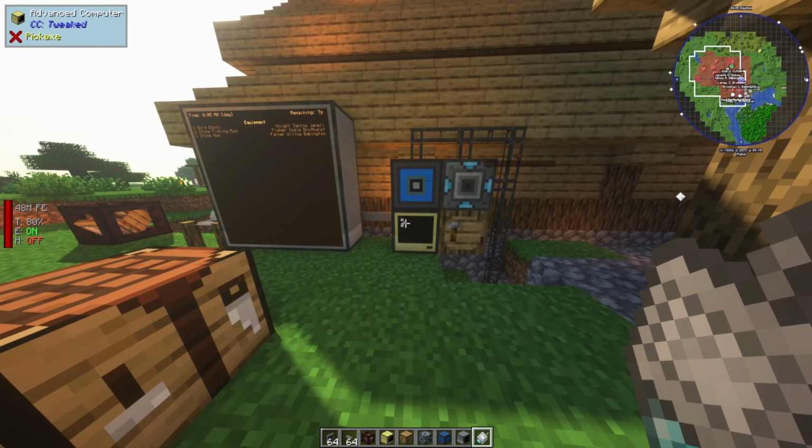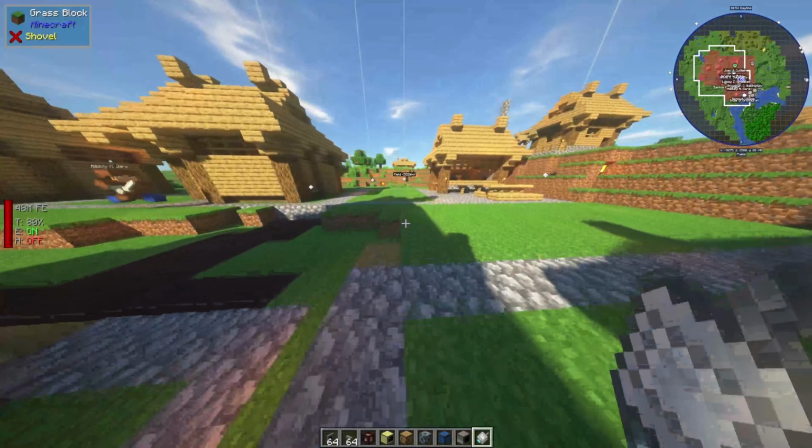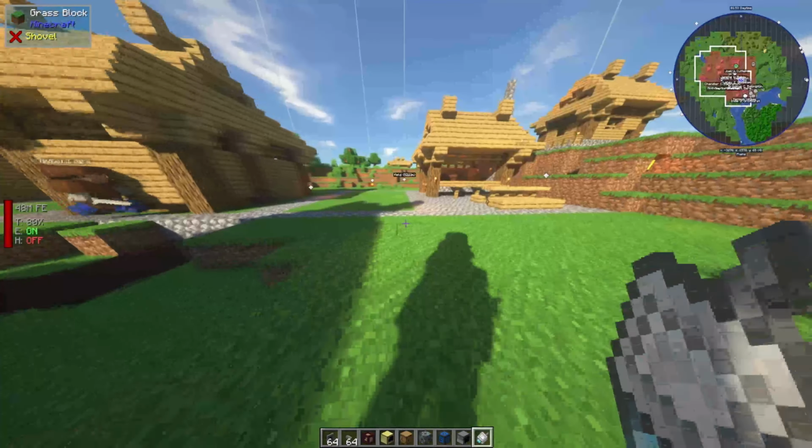Hey guys, so today I'm going to show you how to connect your Refined Storage network to your MineColonies. Now believe it or not, this is actually a pretty easy process, so if I can help any of you